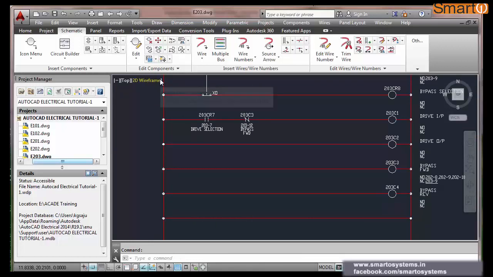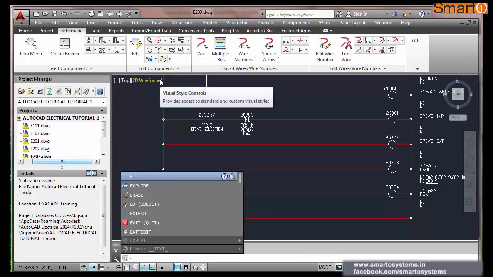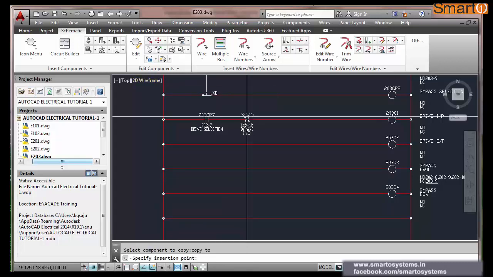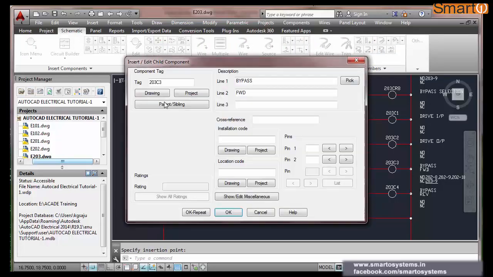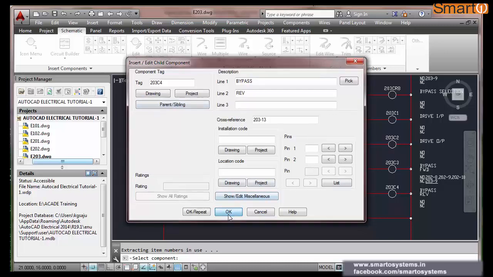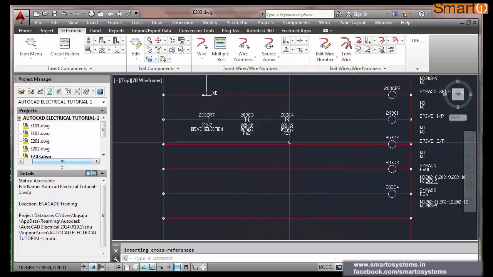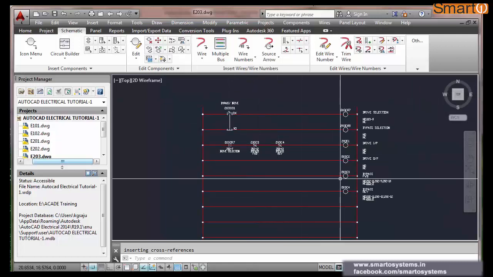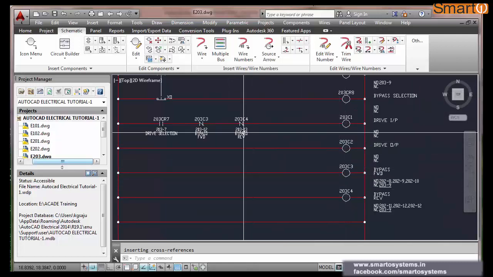And I want to copy one more component. Copy component. That is C4. Parent C4. Okay. See, now the drive is selected through the selector switch, and the two bypass contactors are off.